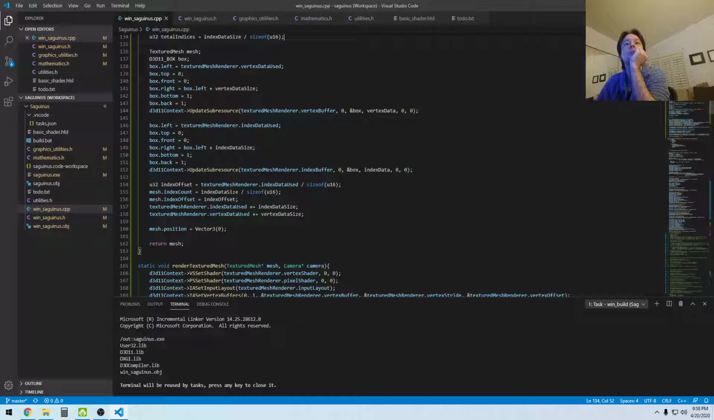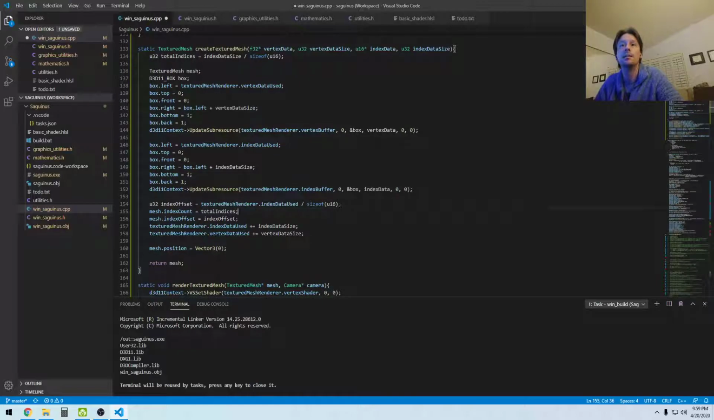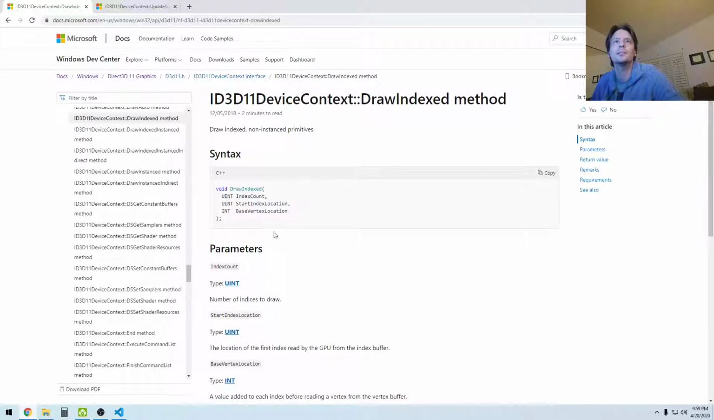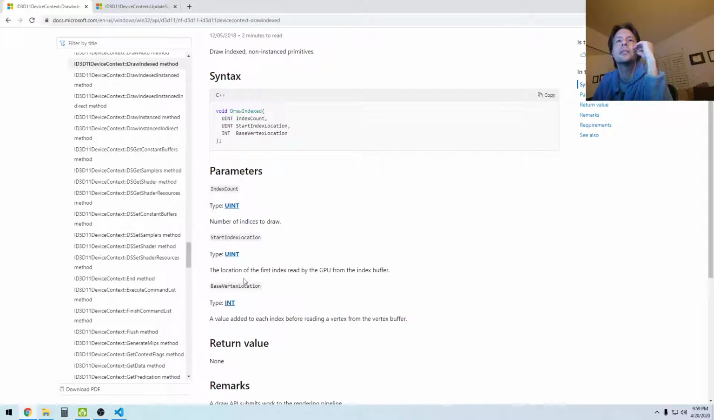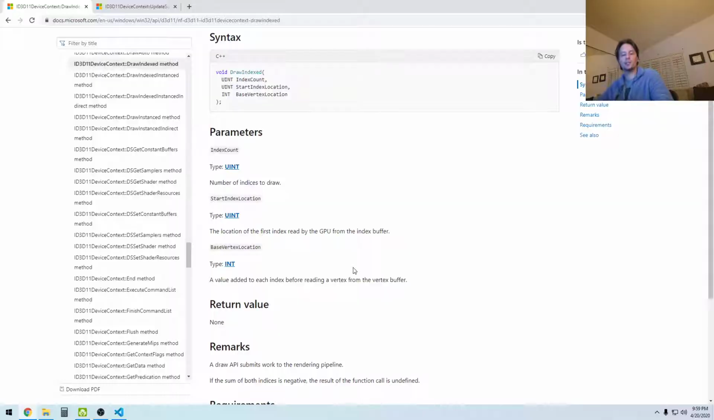So the index, mesh index count. That should be total indices, and then the index offset. Now, is that in bytes or is that? That's what I don't get. Index start location, the location of the first index read by the GPU from the index buffer. Yeah, let's assume that's